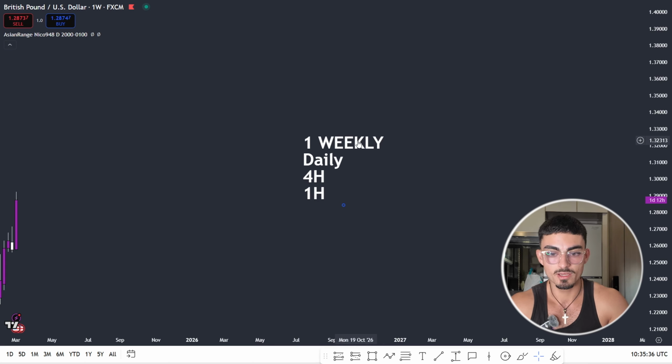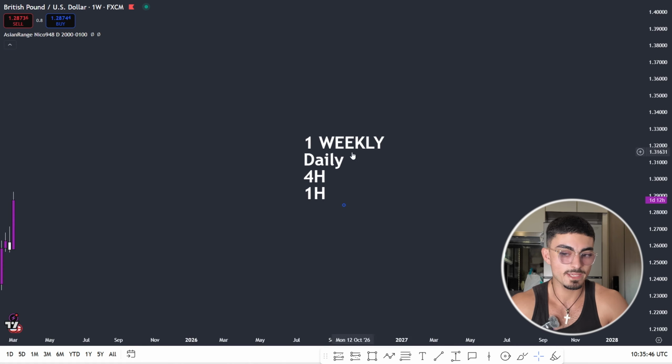Now, I like to do it by going from the weekly time frame to the daily time frame to the 4 hour and finally to the 1 hour. And when I do this, it gives me such a good and accurate prediction of where each time frame is going, and I can align each time frame with each other. And when they all start to come together, it's like pieces of a puzzle clicking in place. That's the best way to describe it, guys. When you can analyze each time frame and then combine them, that's when your higher time frame analysis is going to become really, really good.